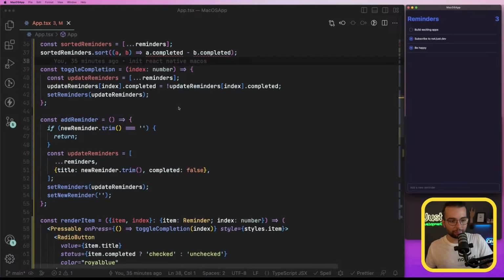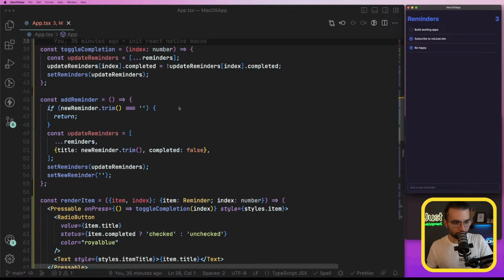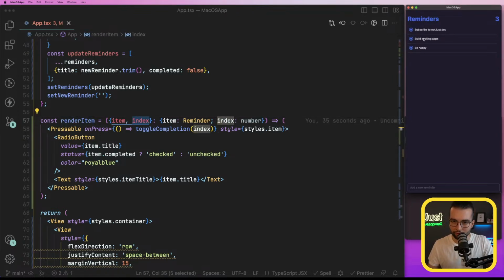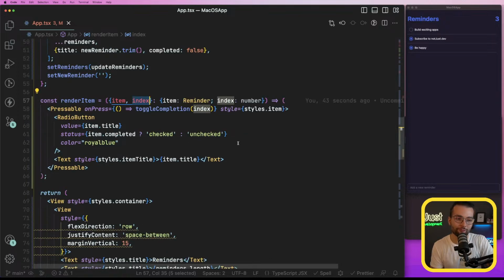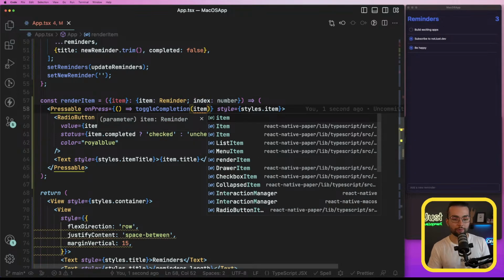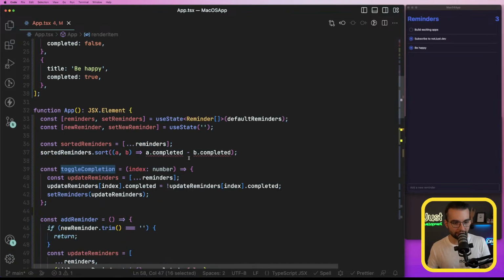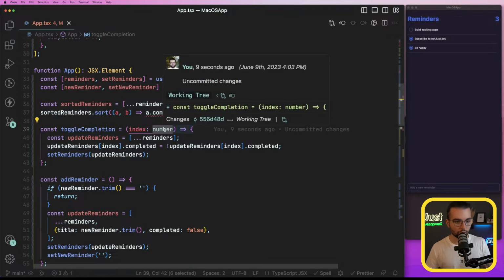The problem is that now we're changing the index of our items. So it's a bit bad because, as you can see here, I'm pressing on the second item, but it thinks that I'm pressing on the first one just because the index is changing. So it will be a better idea if we are not using indexes, but using whole items, or maybe the best way is going to be to use IDs, but in our case, we do not have IDs. So maybe I can do